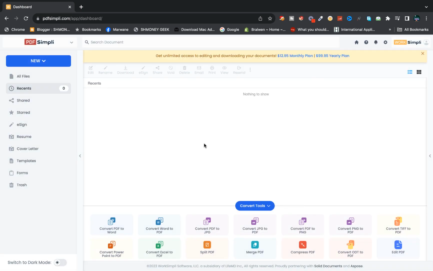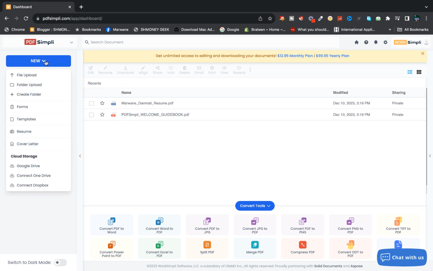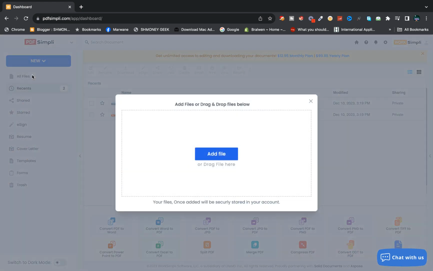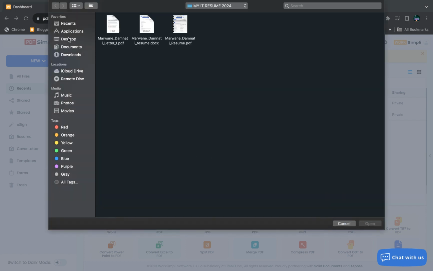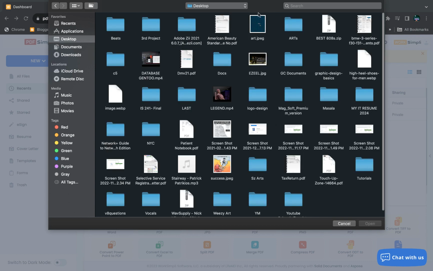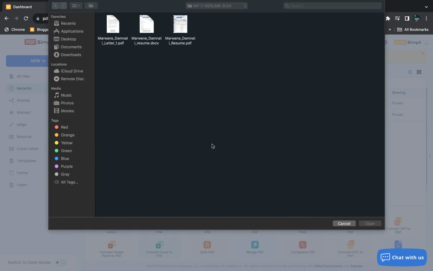The first thing that you should do is click new here in the top left and then file upload. Now as you can see, add files or drag or drop files. So I'm gonna click add file. After that, I'm gonna choose one of the files that I have in my laptop. For example, this one. So I'm gonna choose this PDF file, click open,